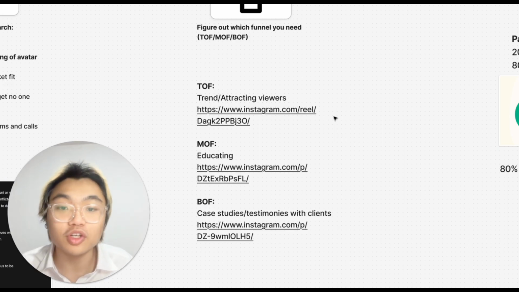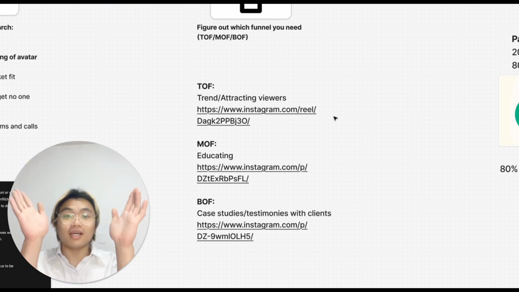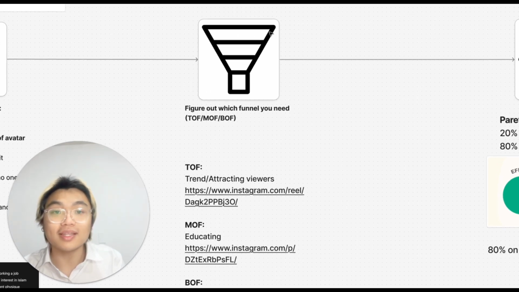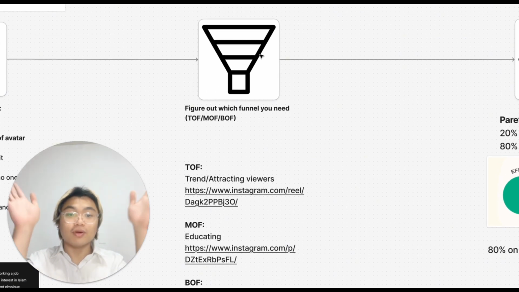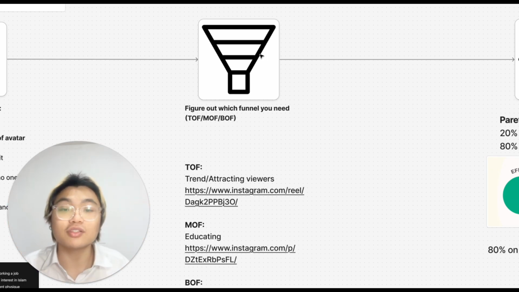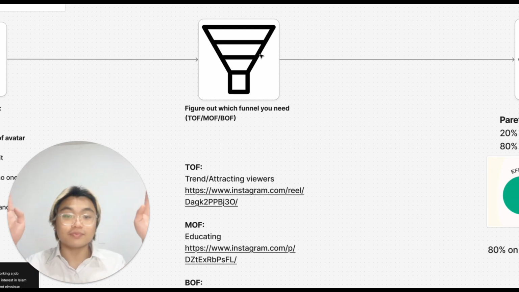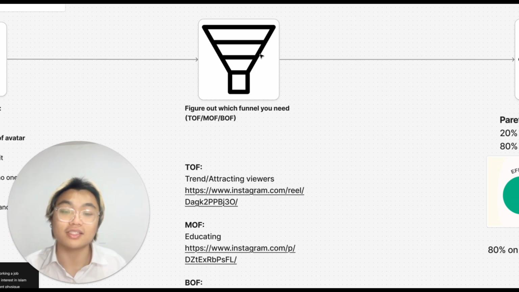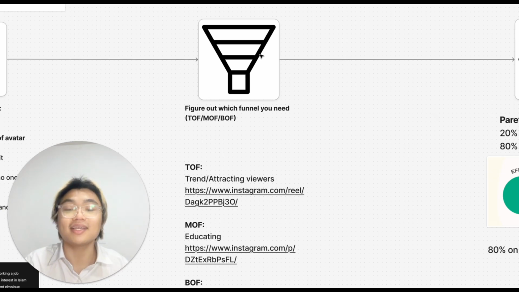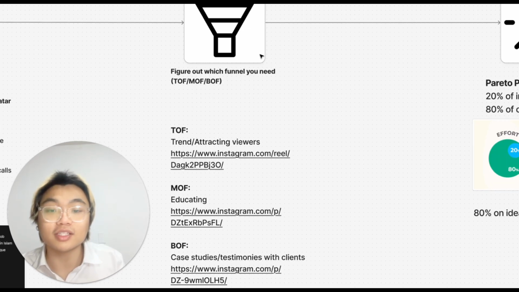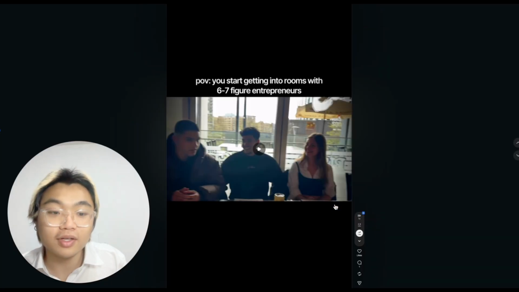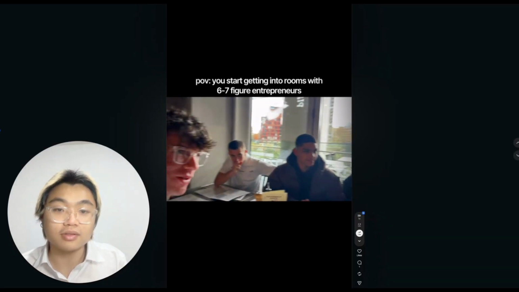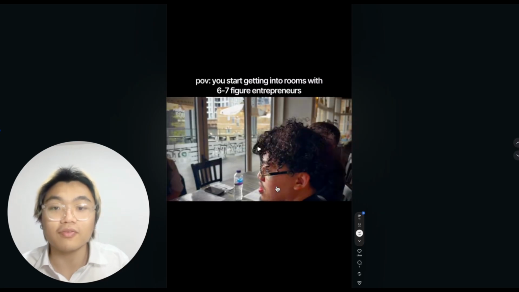So what is the first one? Top of funnel, right? If you imagine a literal funnel, what's the thing we need to actually attract all these people in the first place? You need clients. And when you want inbounds and actual prospects, you need to first post top of funnel. This is anything for attracting views. Its sole aim is to get views from your dream followers, and it's anything that's kind of trending. An example is a trend video. So this is my example of a top of funnel.